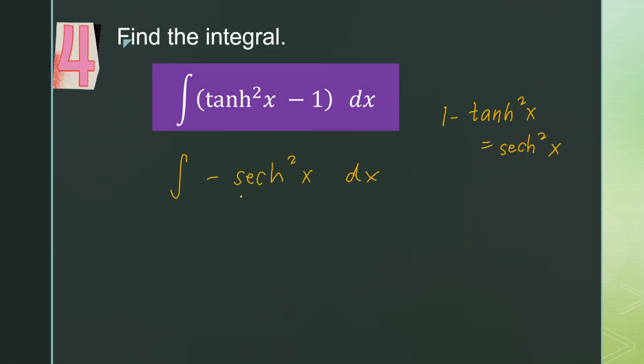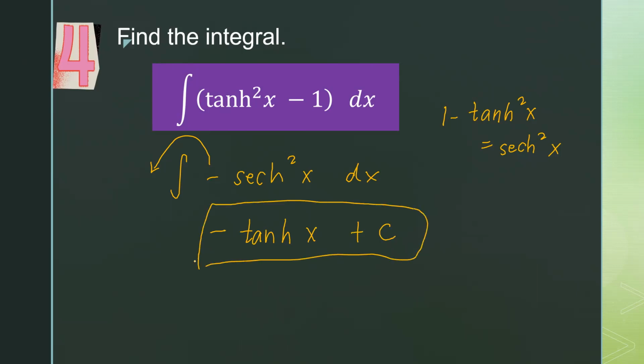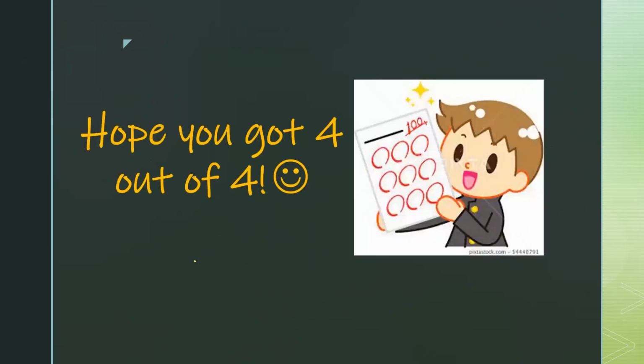dx. So alam natin dapat ang integral nito, 'di ba? Lalabas natin yung negative sign, pero integral of sech squared is tang, pero with the negative there, we have negative tang x or hyperbolic tangent x plus of course the c. So ayun, this becomes our final answer for question 4. Hope you got that one correctly, and I also hope you got 4 out of 4 in this set of